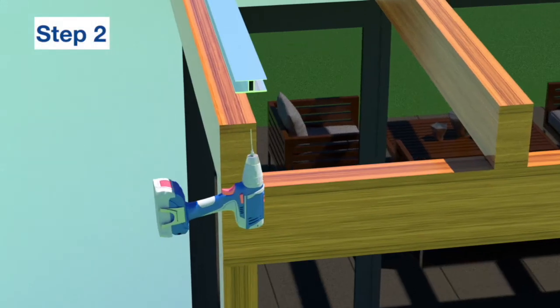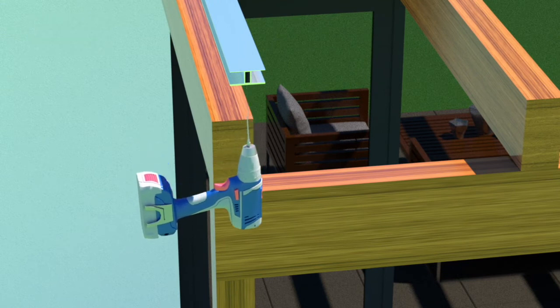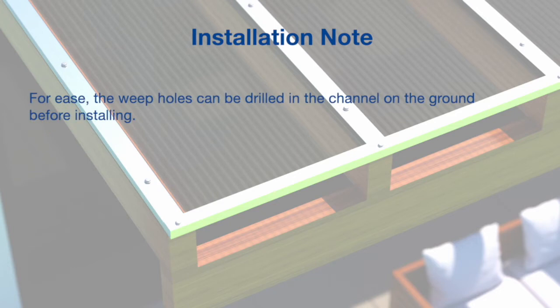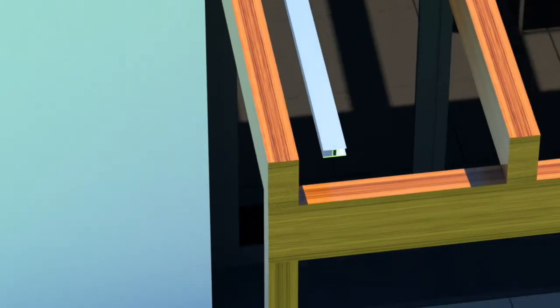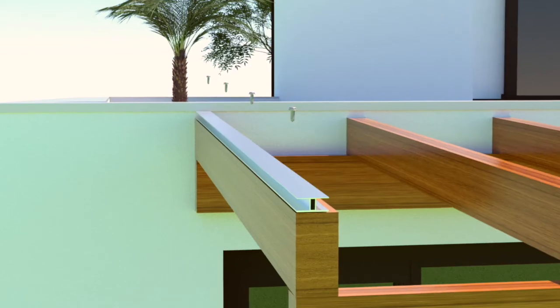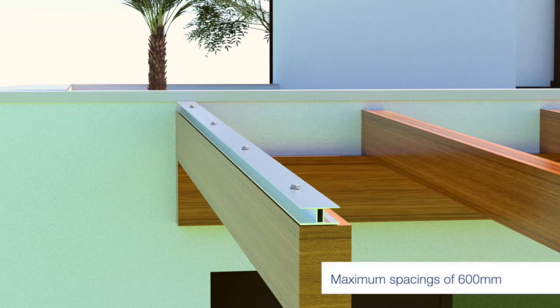Step 2. Drill a small oval weep hole on the lower end or underside of the first measured H-bar. For ease, the weep holes can be drilled in the channel on the ground before installing. Place the first H-bar on the rafter with the grooved side facing up. Secure through the groove with 12-gauge hex head screws that are compatible with the framing material with maximum spacings of